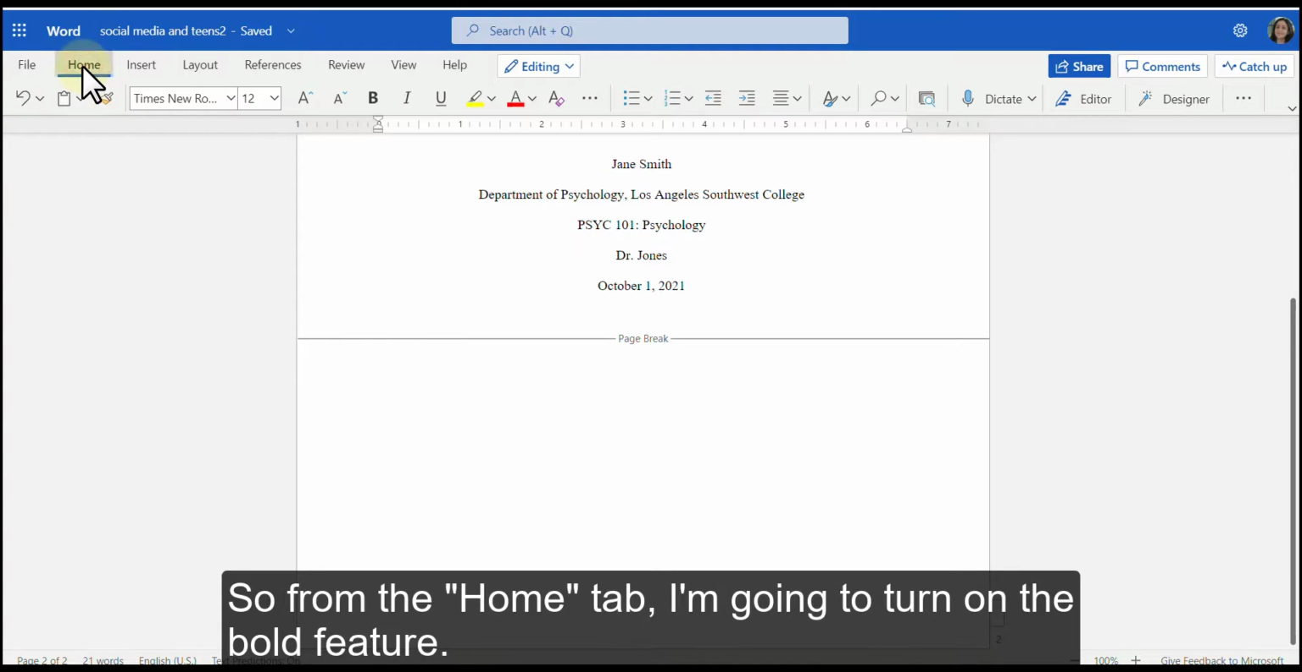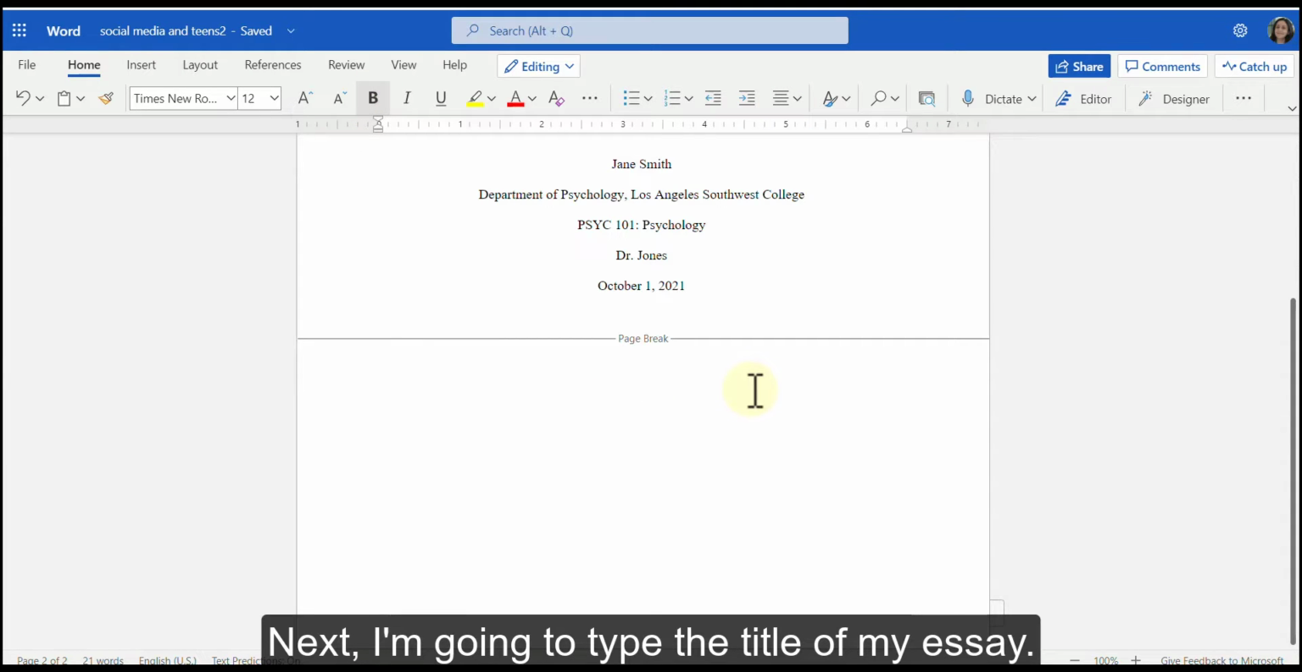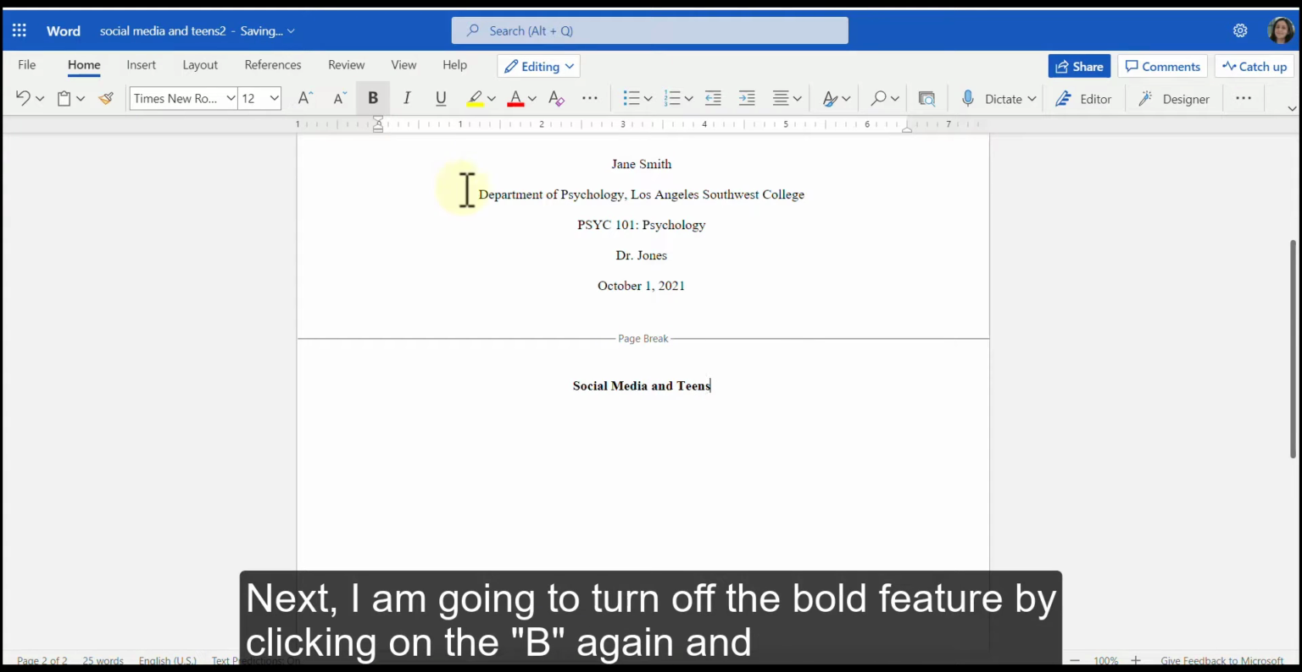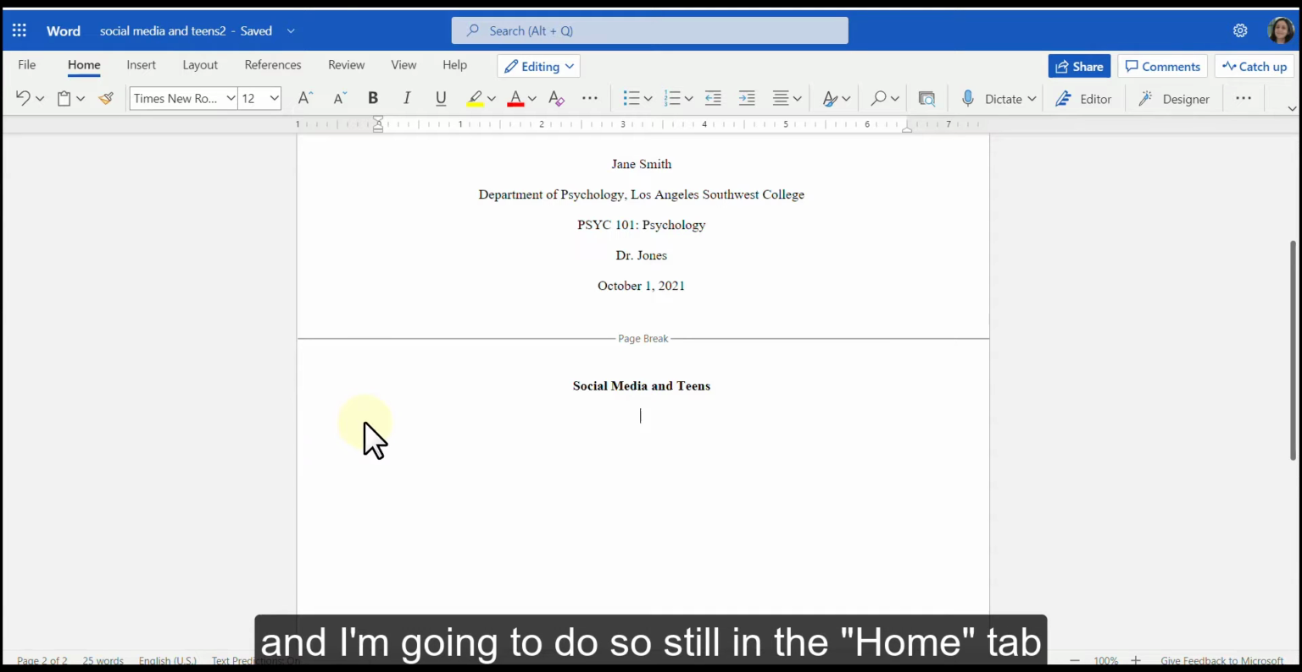So from the Home tab, I'm going to turn on the bold feature. My alignment is still centered. Next, I'm going to type the title of my essay. Next, I am going to turn off the bold feature by clicking on the B again, and I'm going to press the Enter key. Next, I need to move my cursor to the left margin, and I'm going to do